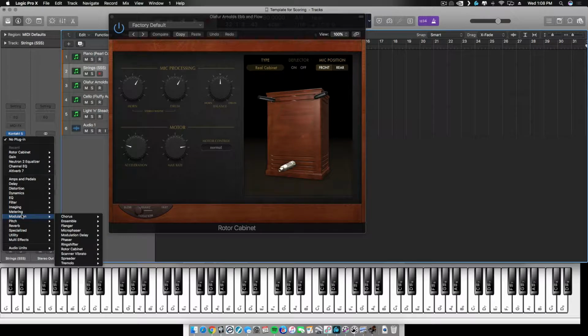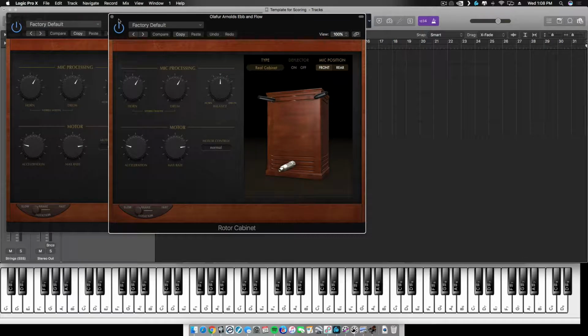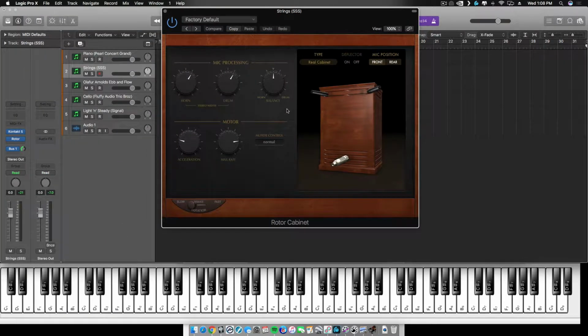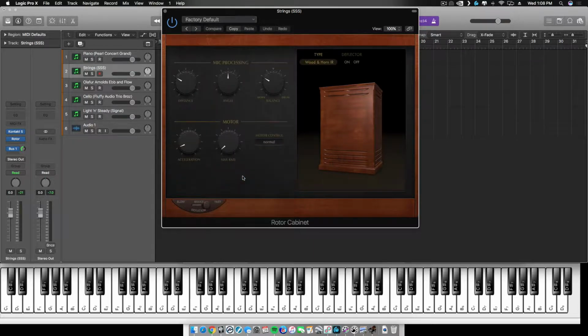So this is typically used for organs, just to move sound all over the place. And in this rotor cabinet, let me just find a preset here. Moving pads, because that's what we're kind of going after, right? Okay. So this rotor cabinet has a drum in the back of it, and it just kind of spins, and the mics pick up how the sound is being thrown around in the box. And so when you play sustained chords and things like this,